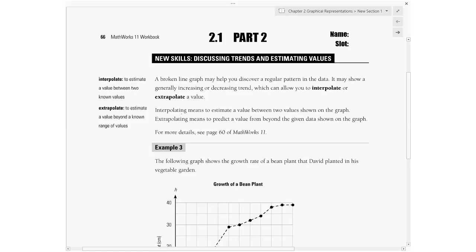For the second part of 2.1, we're going to be looking at trends and estimating values. So we've got a couple of important words. First, we've got interpolate, and that's to estimate a value between two known values. So if we're looking at example 3 here,